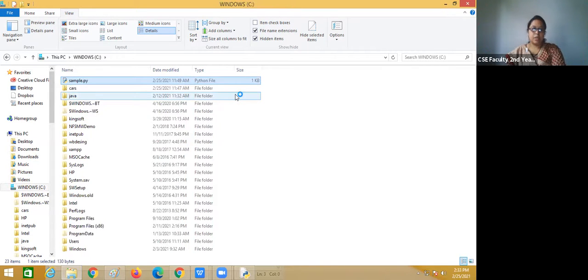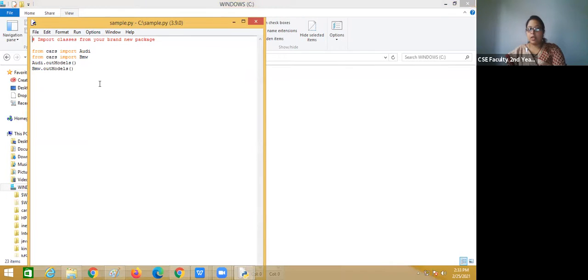Here you can see this is another file, and inside it we are importing from cars. How are we importing the file from cars? Import Audi. Only one module we have imported, and suppose I write only number one and delete the rest.